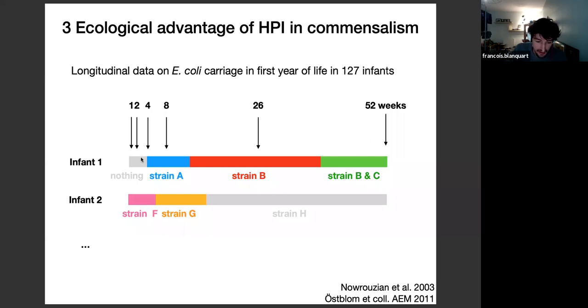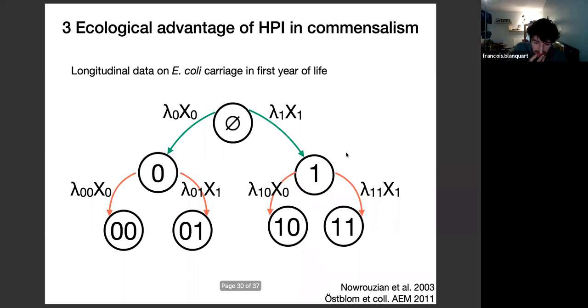characterized the colonization dynamics. So many infants are not colonized initially, then they are colonized by E. coli, and there's a turnover of strain, and they can sometimes be doubly infected. And as I said, they categorize strains as having different residency times. And we went a little bit further by explicitly fitting a model of strain colonization and strain turnover to this